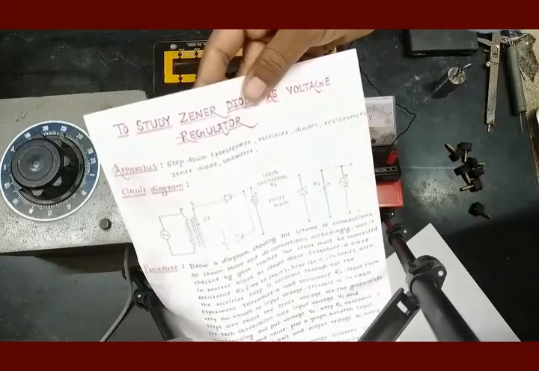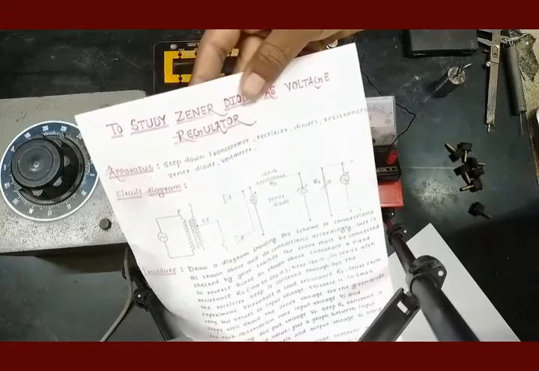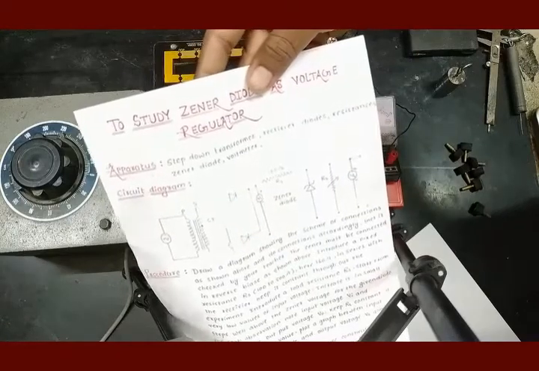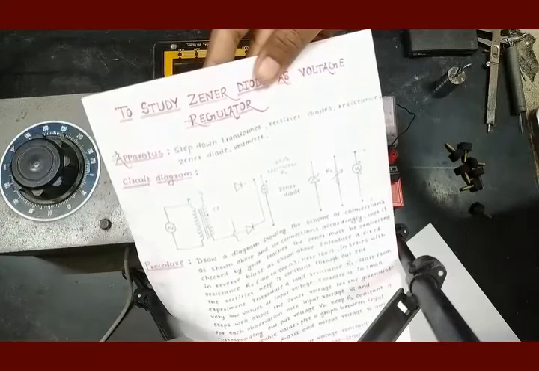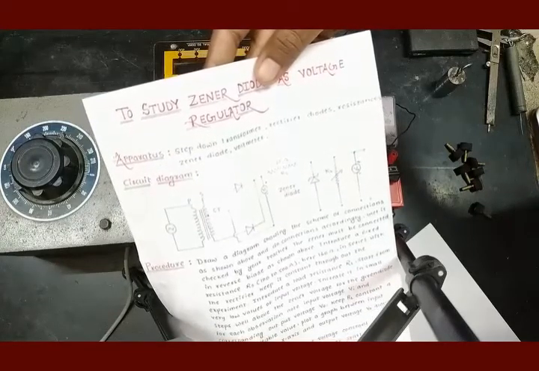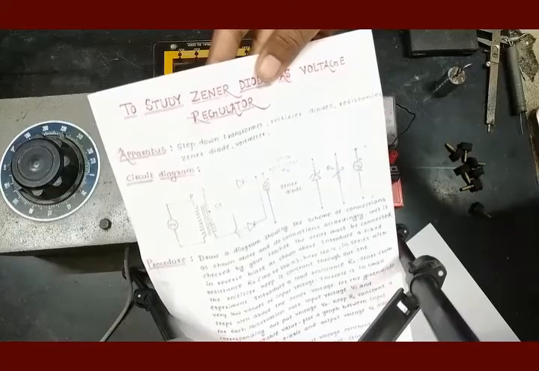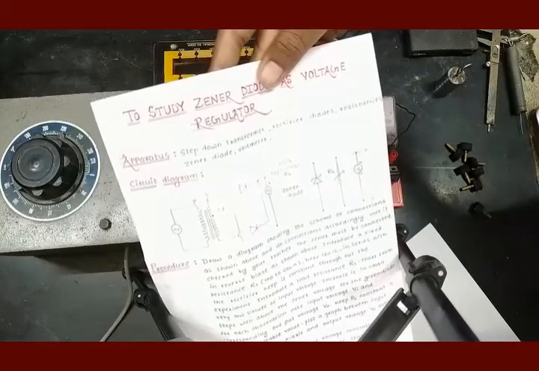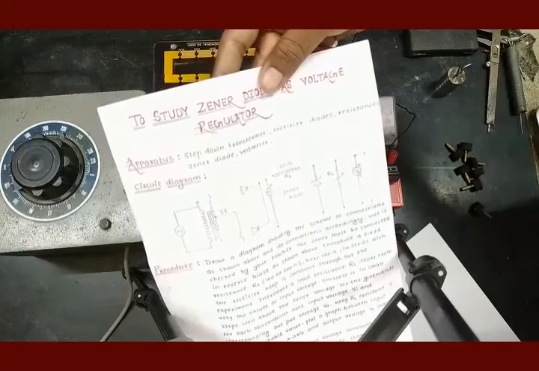The DC voltage at the output of the rectifier is not constant. When this DC voltage is passed through the voltage regulator, it controls this voltage and provides constant DC voltage at the output side. Such a device is known as a voltage regulator. This is in short about the circuit diagram.